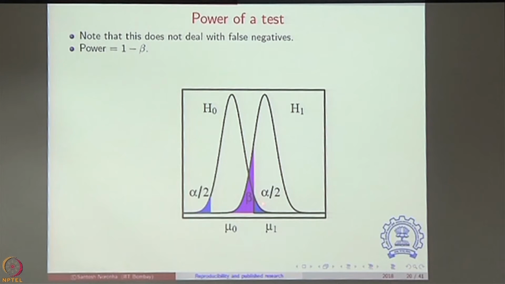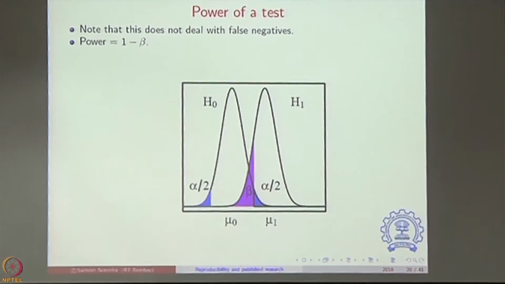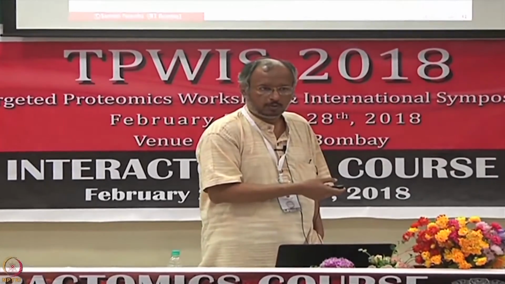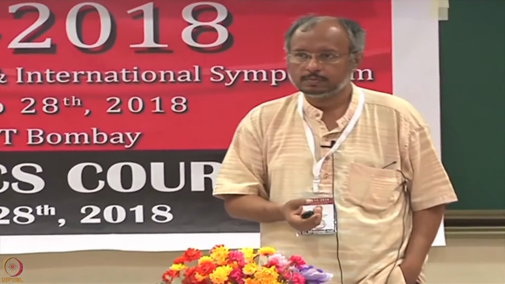But do you now see under H1 this area in purple corresponds to an error where H1 could have been the true hypothesis, and you have gone with H0. Therefore, as a technicality you are committing a mistake by saying H0 is true when H1 should have been true. So, there is a mistake. It is just like false positives and false negatives. In fact, it is related to the concept of false positives and false negatives. You will make one mistake or the other.